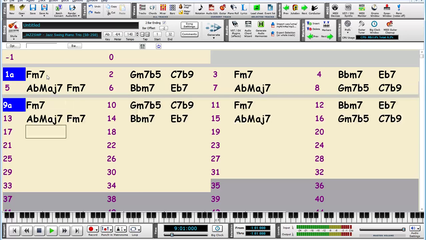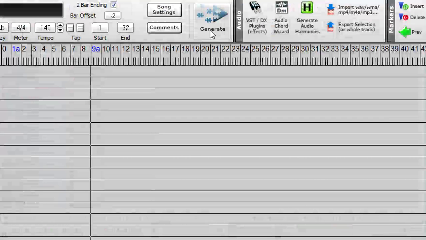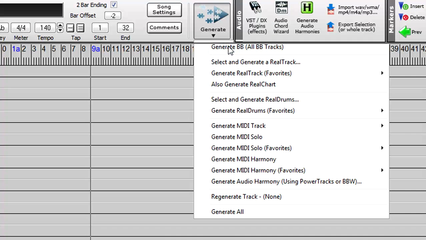I'll duplicate those 8 bars, and I could keep going, but I'll leave it at those 16 bars for now. We could pick a different style, but I'll just leave the jazz piano trio that I recorded with. So I'll first generate those tracks,